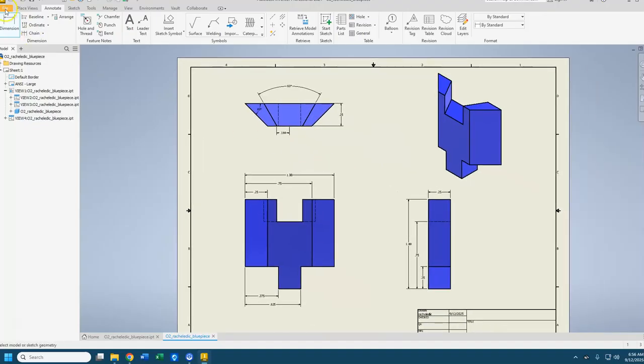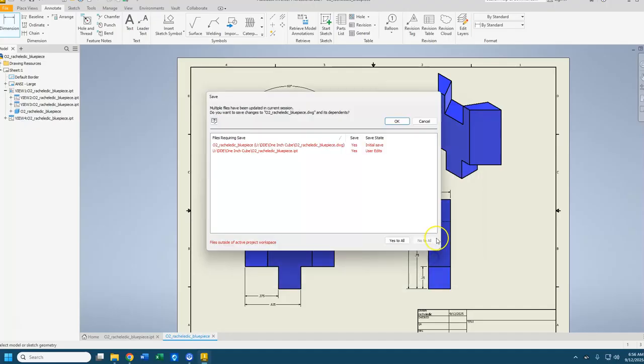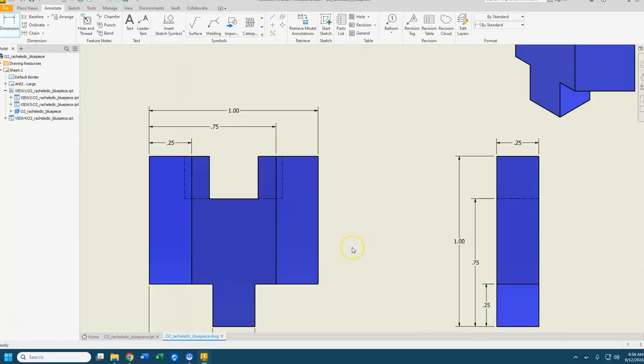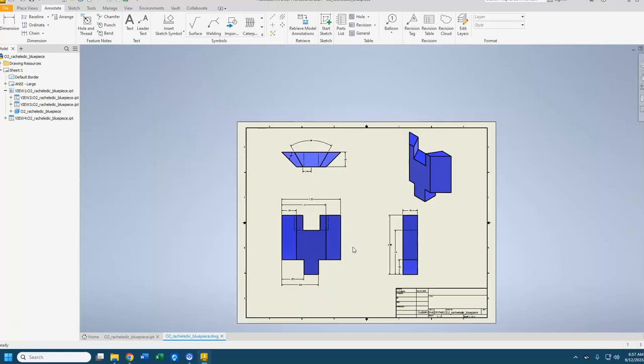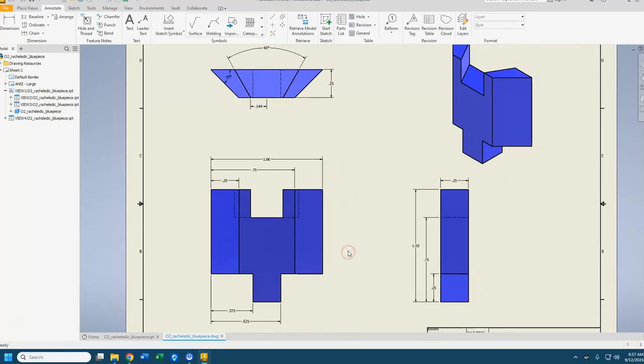Let's press save. File, save. Now it already named it, and it's putting in the appropriate extension so that's the right type. And press save. Now it's saying, okay, these have been updated. Do you want to update it? And I'm going to say yes to all, and then press OK. Sometimes Inventor takes a minute to think. So now I can zoom out,